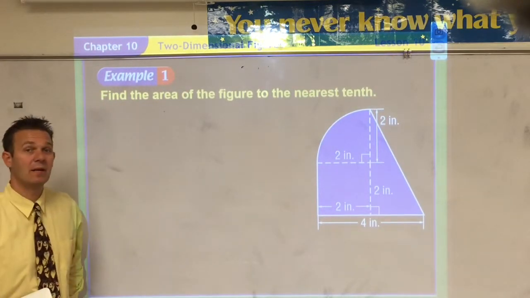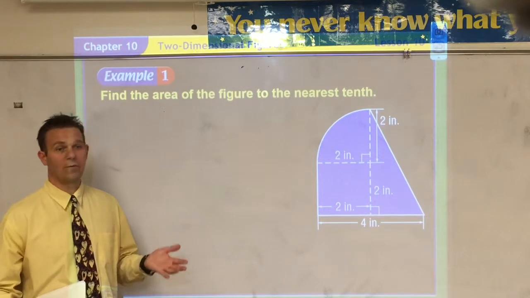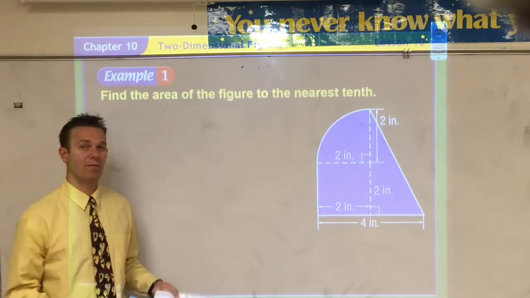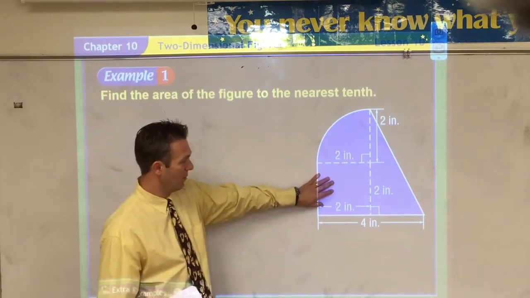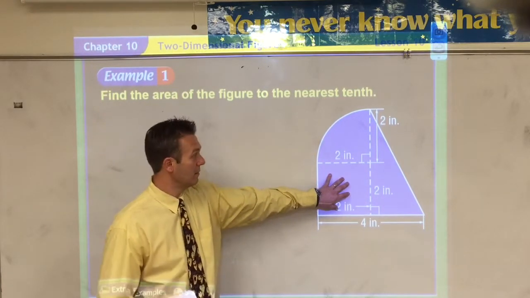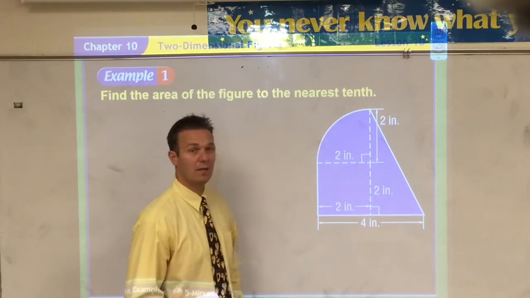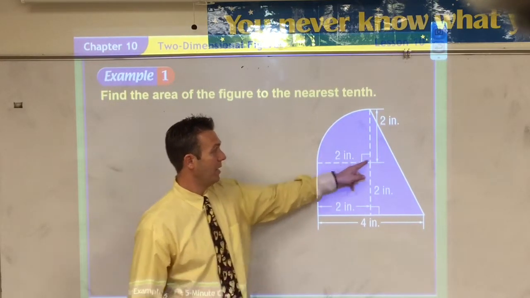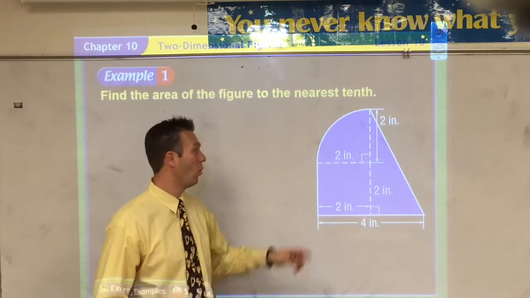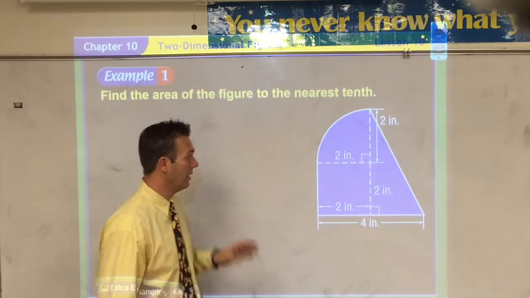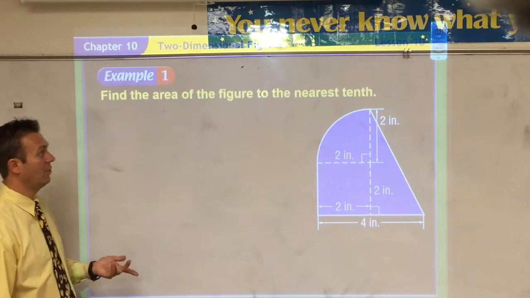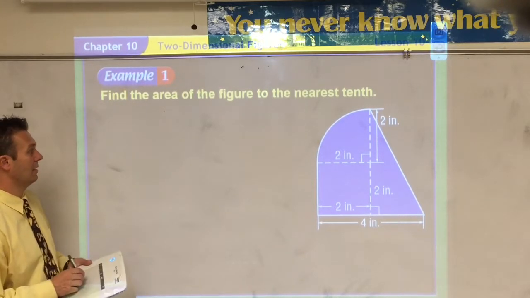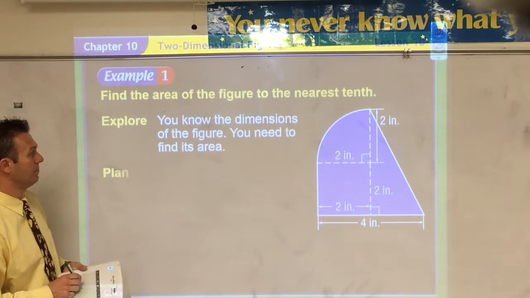So basically what's going to happen here is you're going to have two or three different figures within a bigger figure. So for example, in this one, you have yourself a square. You can see the triangle, and you can actually see a quarter of a circle. Okay, so there's 3 different objects in here, and so now we have to use 3 different formulas to find the answer here. So first of all,